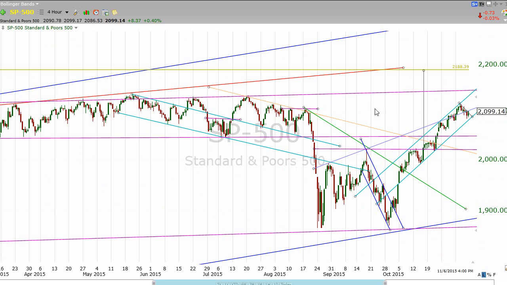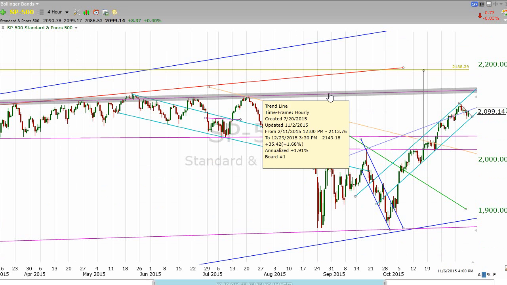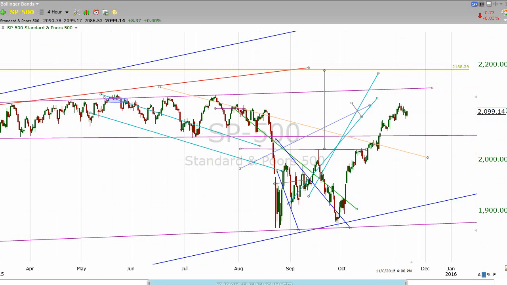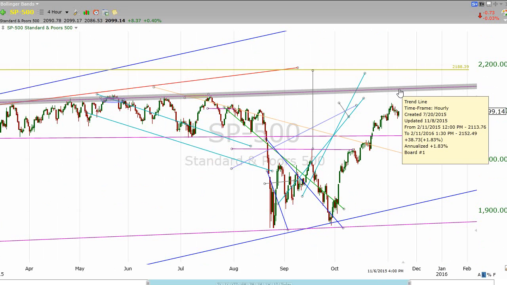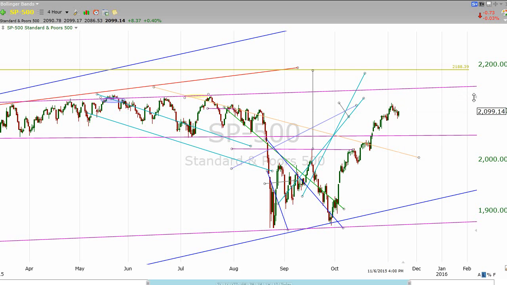It's drawn from a series of highs throughout the year 2015. We got above it just a little bit here, but you can see a lot of things line up where that was a constant level of resistance. If we come up to that line, I'm going to extend that now,